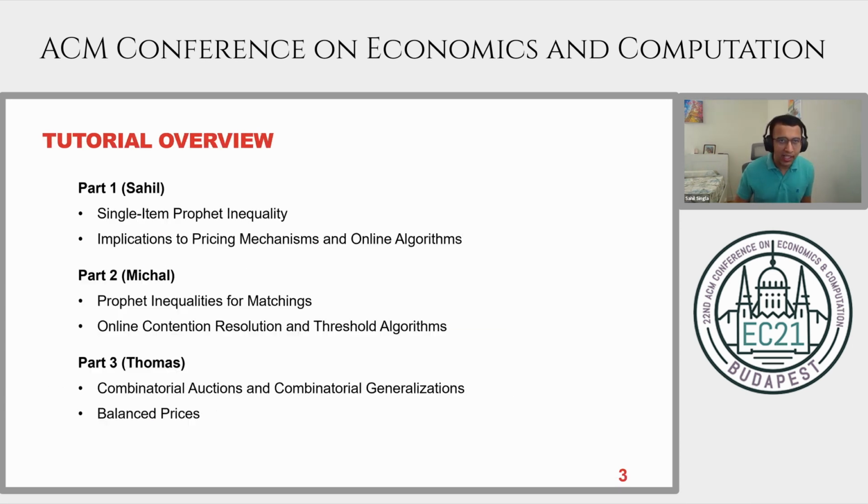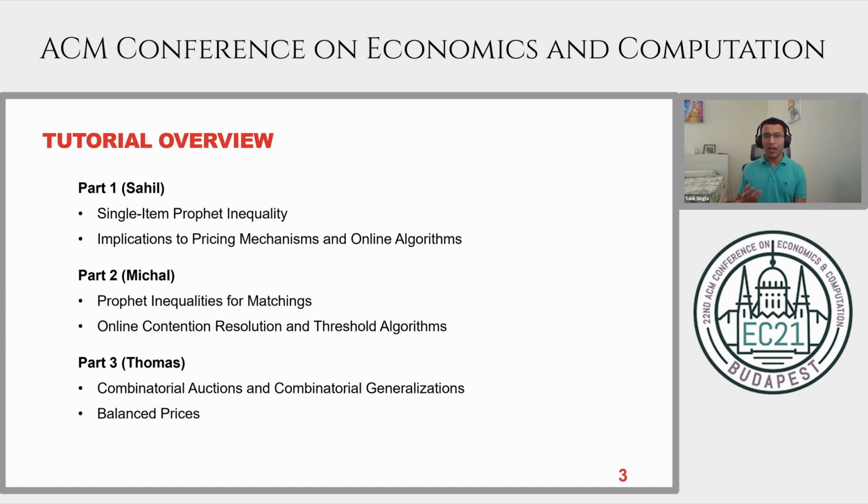So here's the high-level overview of the tutorial. In this first part of the tutorial, I'll basically be discussing this. First, I'll cover the proof for the single item profit inequality. And then I'll broadly discuss how this profit inequality and its generalizations have implications to pricing mechanisms in online